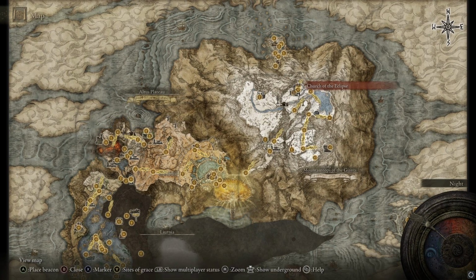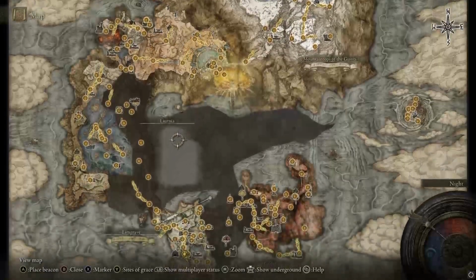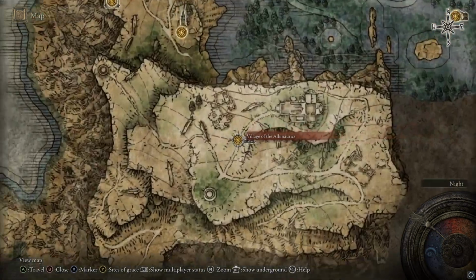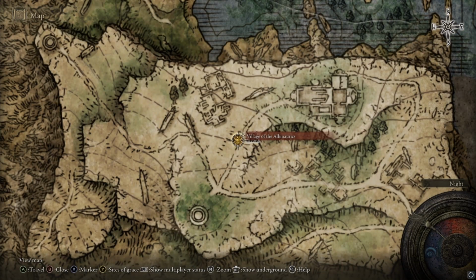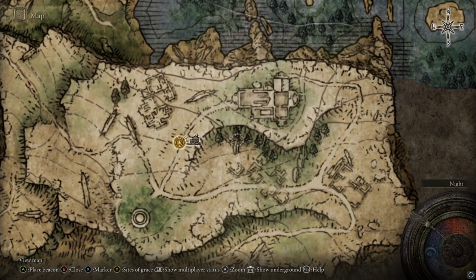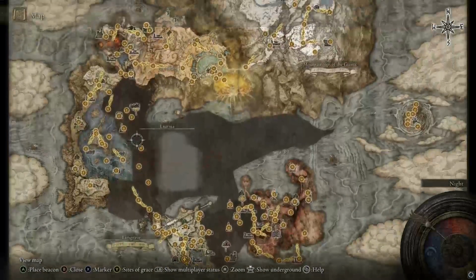One of the pieces is from beating the boss at the top of Castle Sol, and the other one is right next to the village of Albinauric. You head up the hill, and hidden in the dark spaces by a ledge, there will be an urn. You attack it, and there's a guy inside of it, and he will give you the other piece. And then from there...